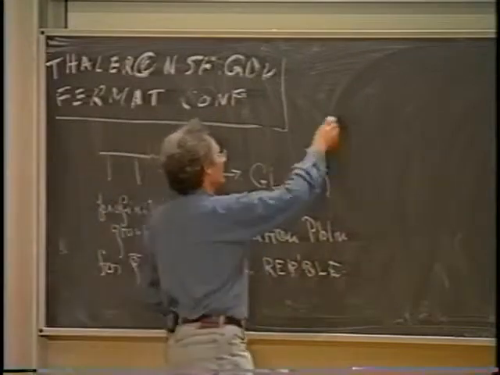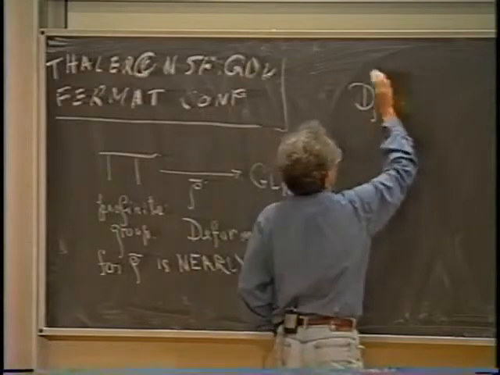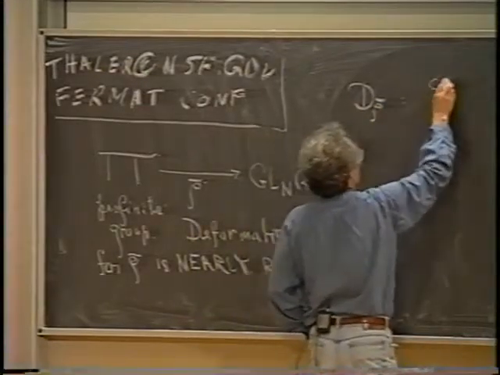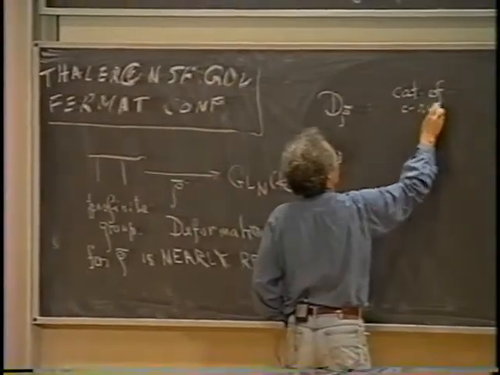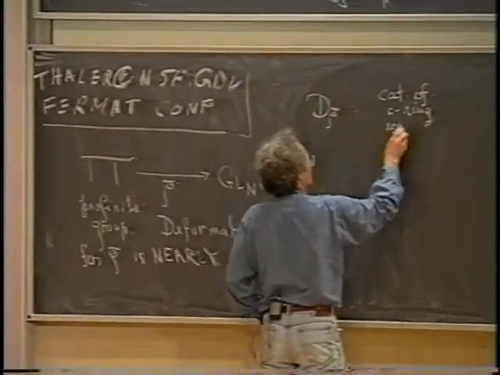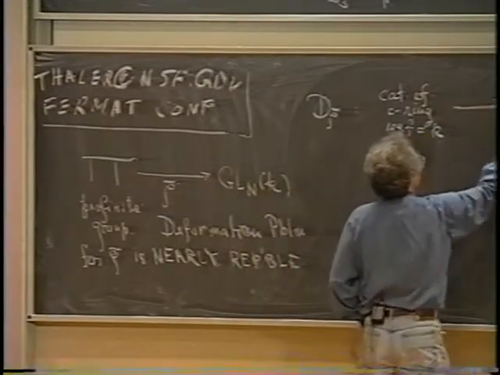And specifically, that means that if we take D rho bar, the functor from the category, if you remember, of coefficient rings, residue field always constrained to be K, to the category of sets,